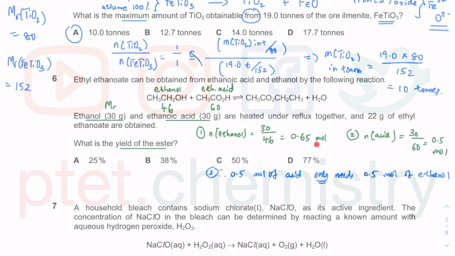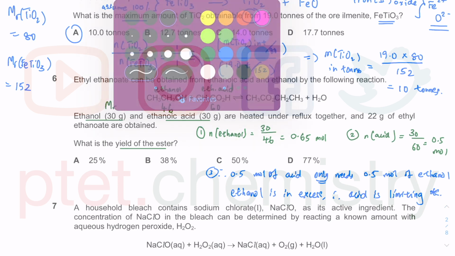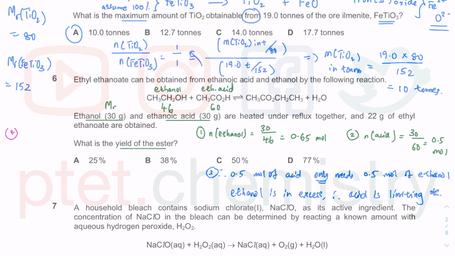What you have put in is more than 0.5, so this is more than what you need to react, so this is in excess. Ethanol is in excess, so if ethanol is in excess, then what is completely used up? So therefore, the acid is limiting, the acid is completely used up. This is one of the most important concepts on identifying excess versus limiting reactant. Not that important in this question, but actually it is important, because